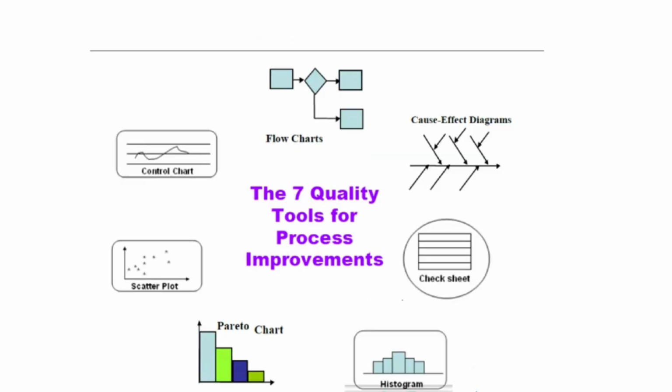This is the basic 7 QC tools actually. You can see 7 QC tools are there. These are different types of tools. This is graphically showing. First is cause and effect diagram, check sheet, histogram, Pareto, scatter, control chart,